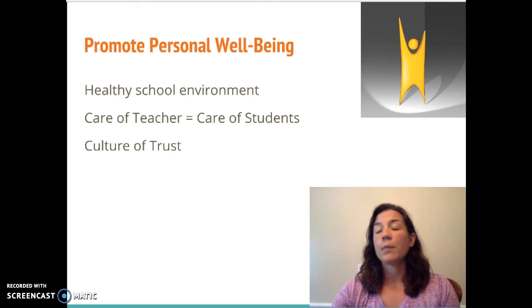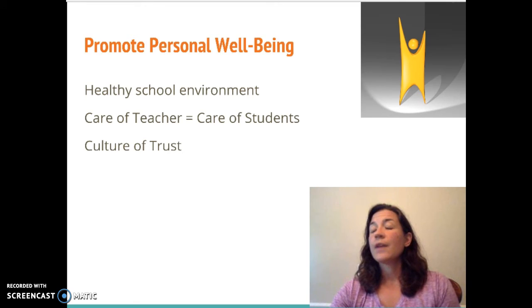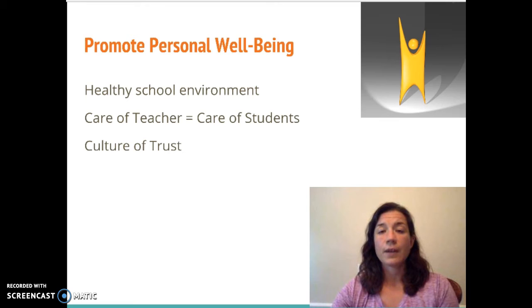Principals must also develop a culture of trust in their buildings. By not moving to fire Mrs. Horton just because she was struggling and having a rough time, but instead supporting her, there is a level of trust that is developed in the school building. Teachers cannot thrive when there is stress and fear present that if they do something wrong, they will be fired. And therefore, the principal needs to show that they can be supportive to the teachers even when there is a struggle happening.